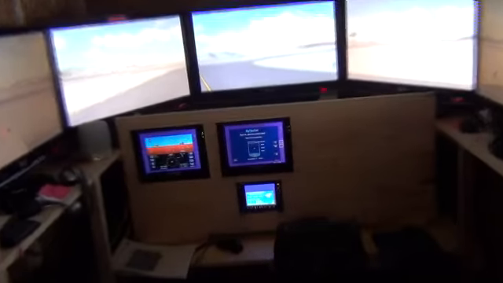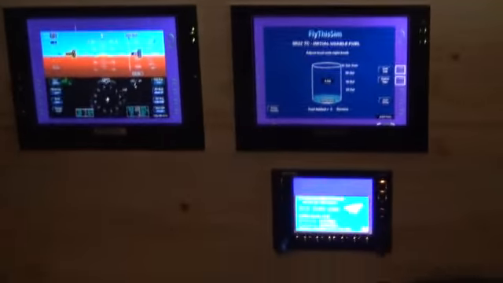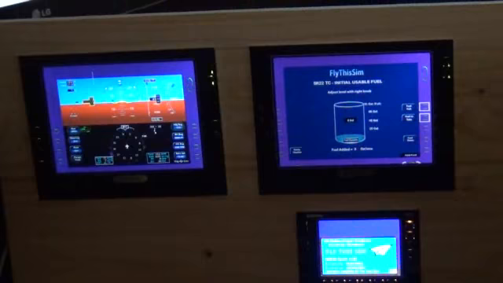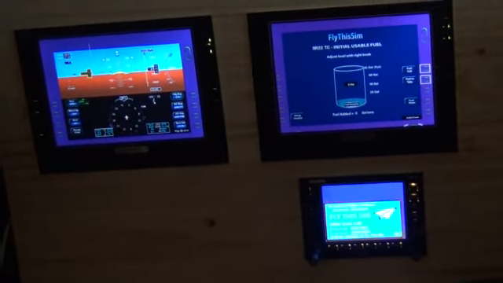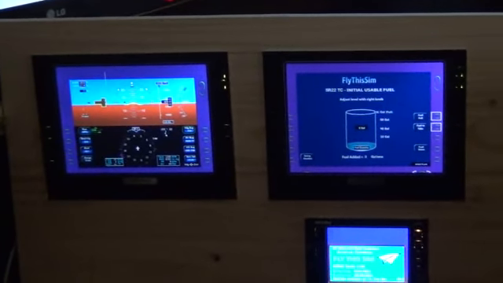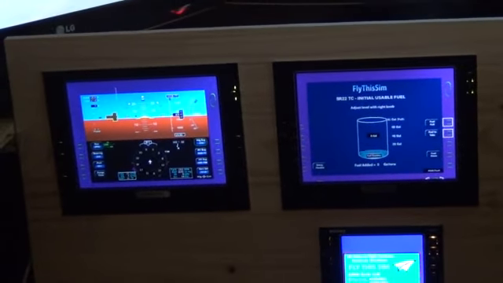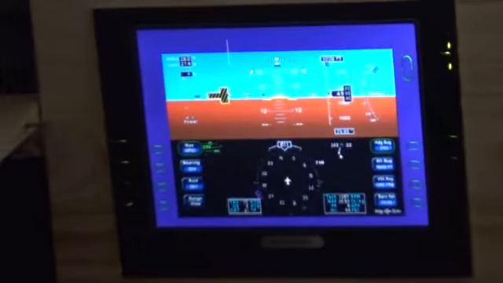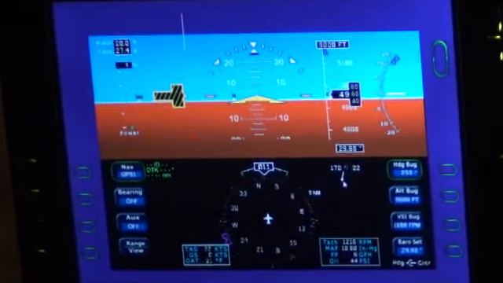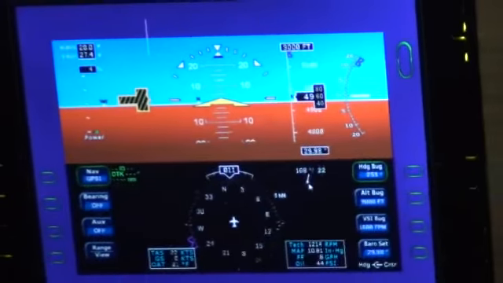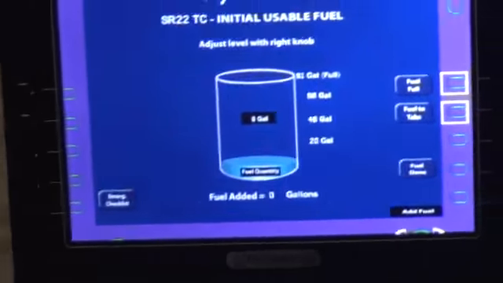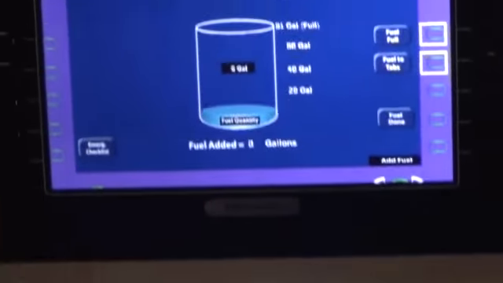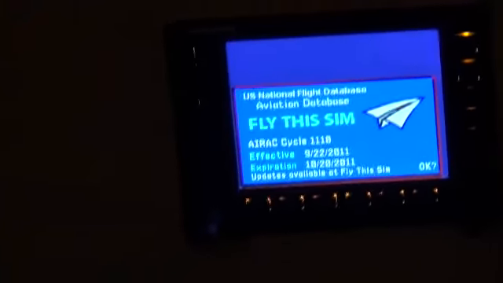Steve made this for me at EMUTEQ. The 2 top units and the 530 on the bottom. You have to kind of forgive the camera because I can't get good shots without the right software to mix it. So there's the Avidyne PFD and the MFD and the Garmin 530,